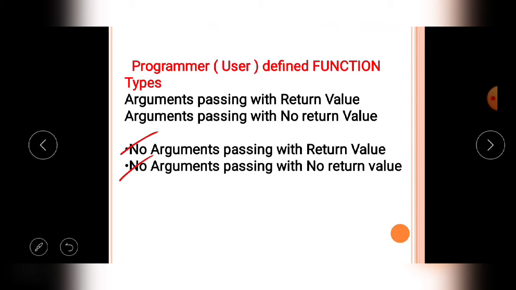Then the user defined function will receive a value from the caller function.